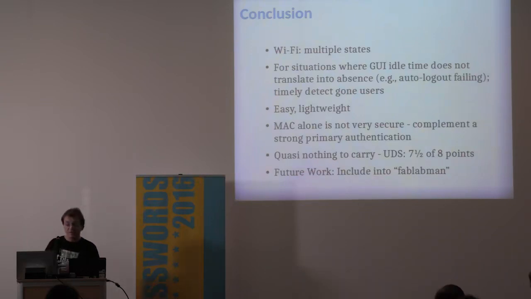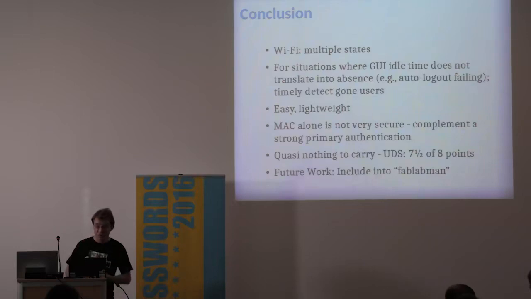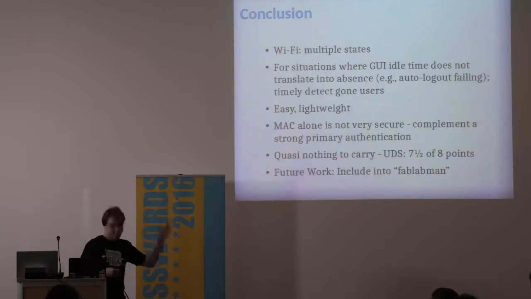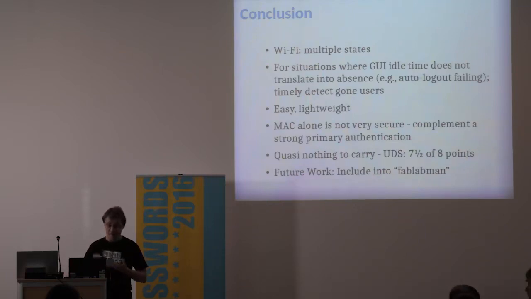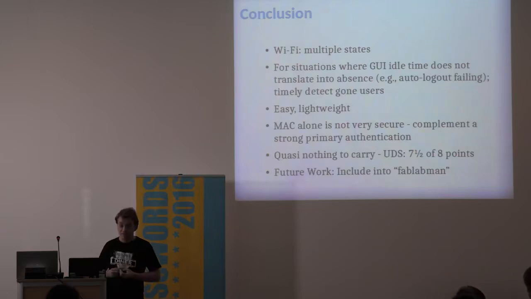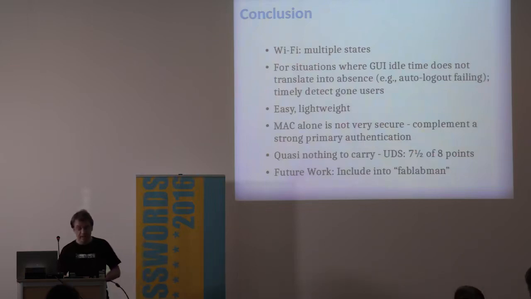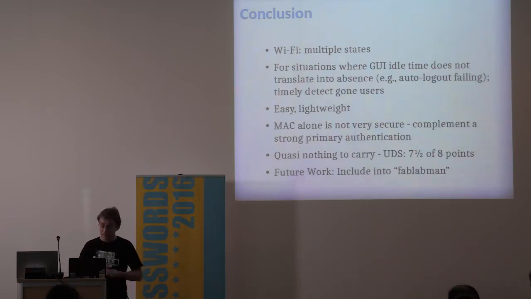And you might combine it with additional features, like maybe use it at the entrance as well as a secondary method. But this is the point that I missed on the introduction slide. The Happy Lab system for authentication for running a Fab Lab is mostly on GitHub, and future work would be to include this system into the FabLabMan project on GitHub. So this is the fast